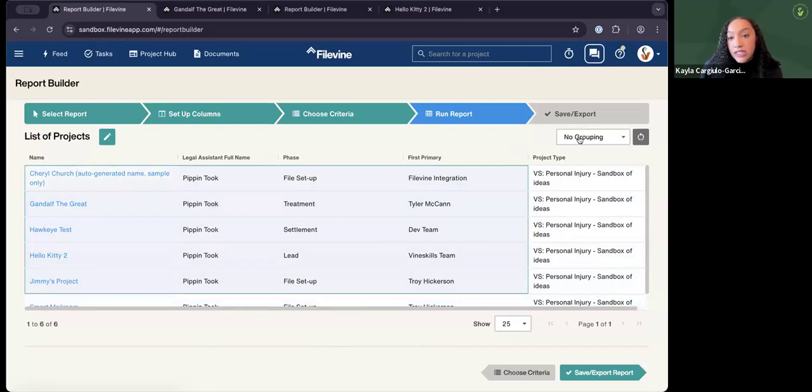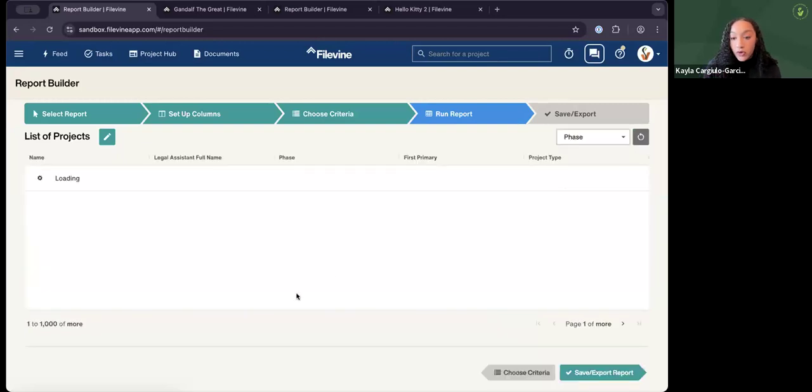And then the other feature that they released is grouping. Previously, you could only see the reports in one line. Now you can actually group them. So, for instance, I could choose to group by phase, and my report will reload, and it will actually put the project lines or the line for each project into a group for that phase, which is really great when you're trying to figure out things like how many cases someone has in a certain phase. If you're looking at a paralegal's report and you're going, how many demands do they need to write in the next month? It gives you a great starting point